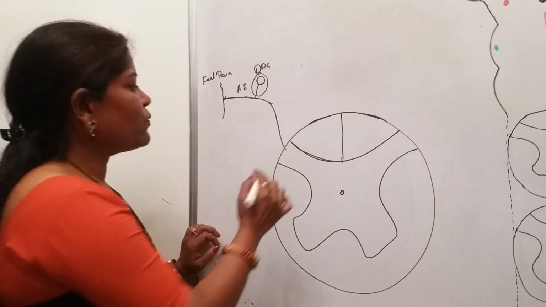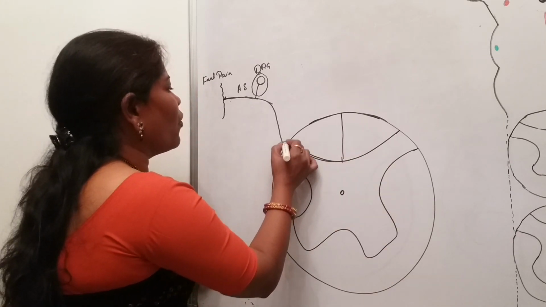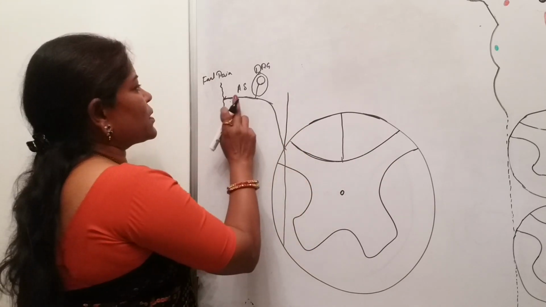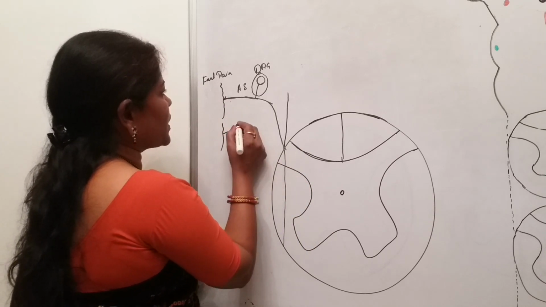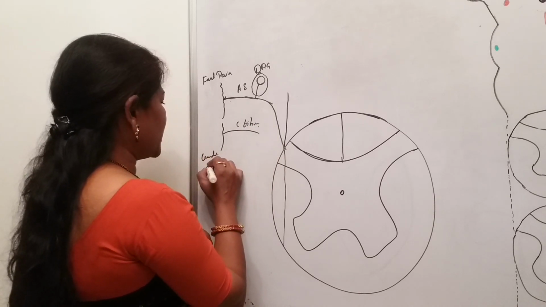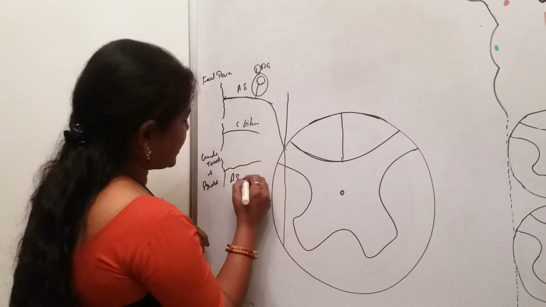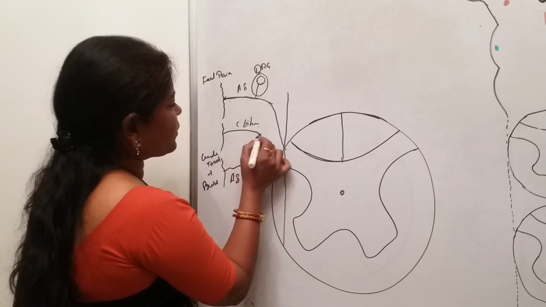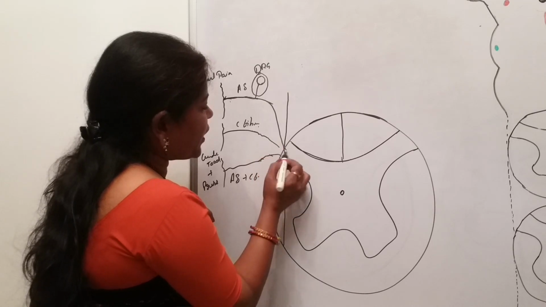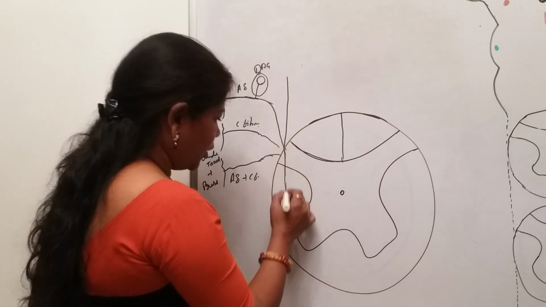Yes or no? No, it will not directly terminate here in the corresponding spinal cord segment. Rather, it will move upwards or downwards. Whether it is the A delta fibers, the C fibers also do the same thing, as well as the fibers bringing the crude touch plus pressure. That is carried by the A delta along with the C fibers. So all three fibers, what do they do? Before entering the corresponding spinal cord segments, they bifurcate into upper and lower branches.